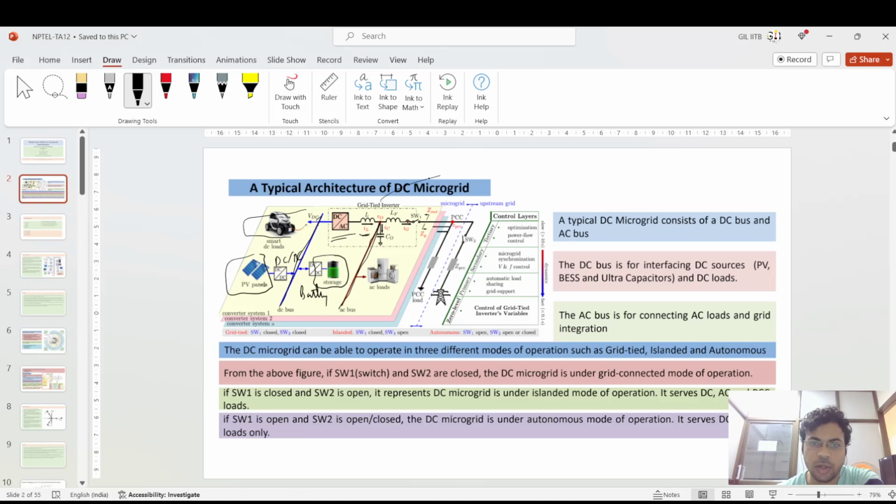This filter can be of different types, an L filter, LC filter or LCL filter, and different kinds of filter you can use. But after the conversion of this DC to AC system,